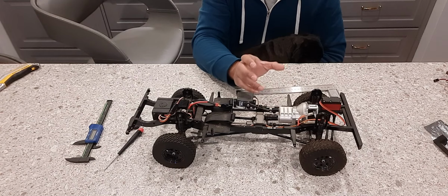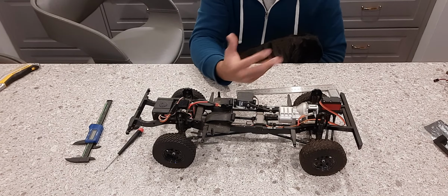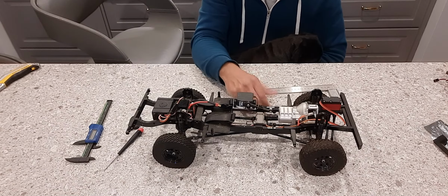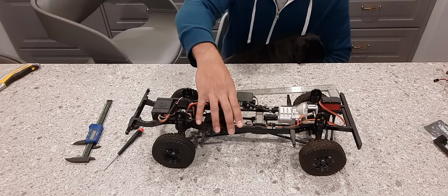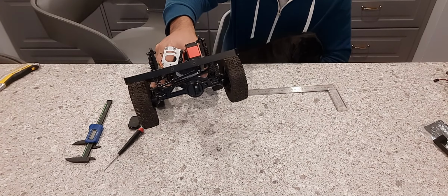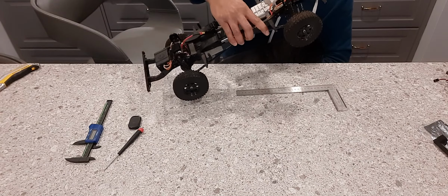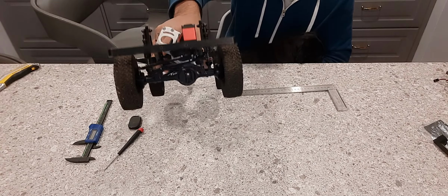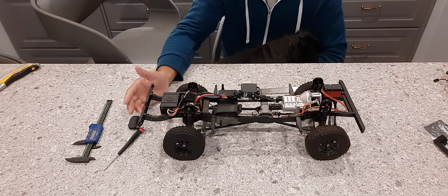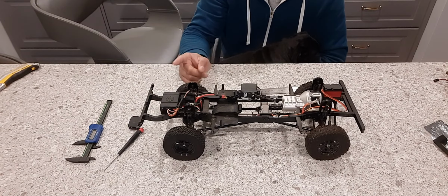It's one of the narrowest proposition in here, which you want, because most of the time the axles are the giveaway point that it's not a real truck. And not only are they thin, they're actually, the thickness of the axle itself, so not only are they not wide, I should say, their thickness is really good. They're thin, they're realistic, the pumpkin is small, it's not sitting particularly high. Really, this was designed for looks more than performance, but they're very durable and they're very skilled, so that's a